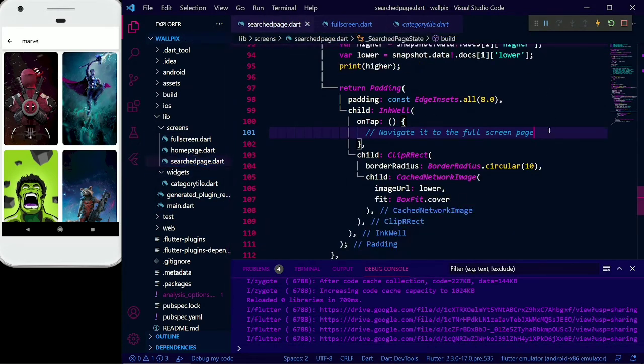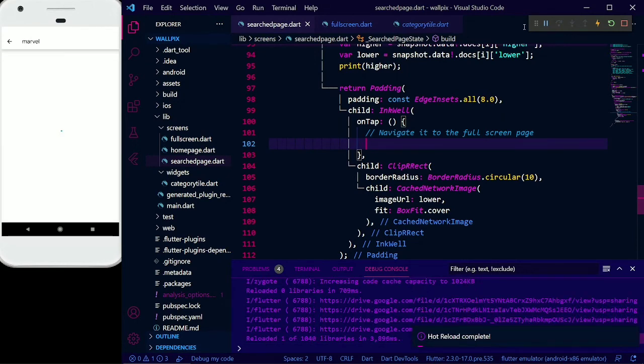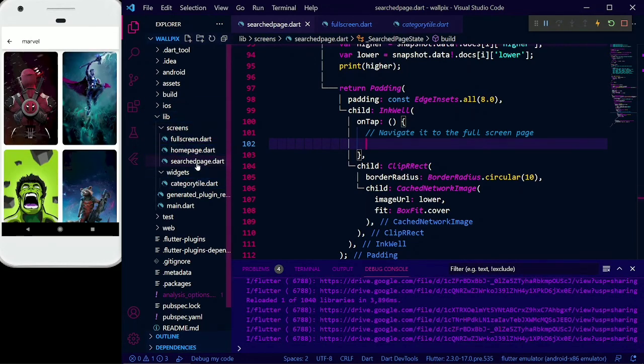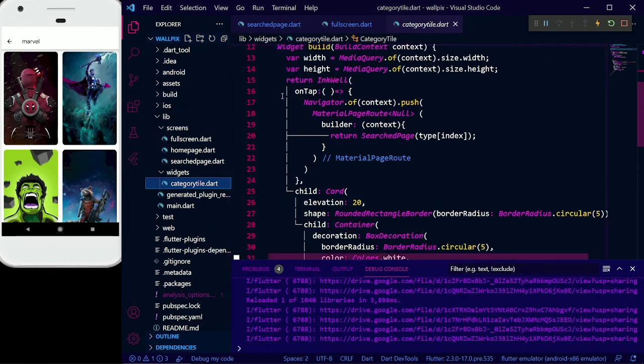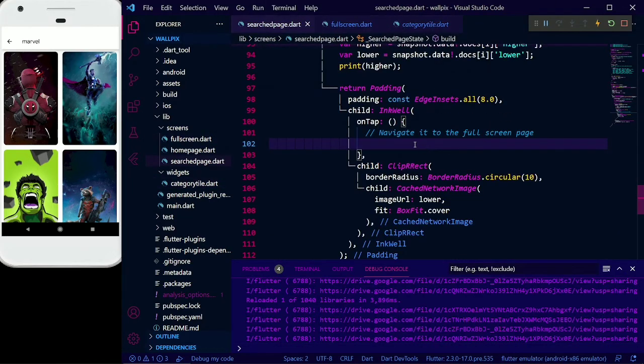So in the search page, we will navigate to the next page. We will use the same code that we have used in category tile. Copy this navigator with Control C, and we will paste it over here as well.